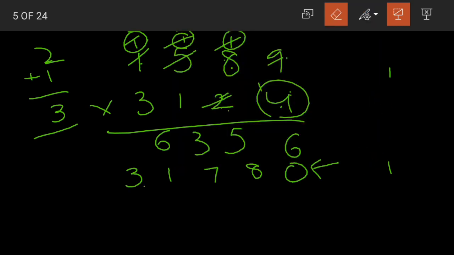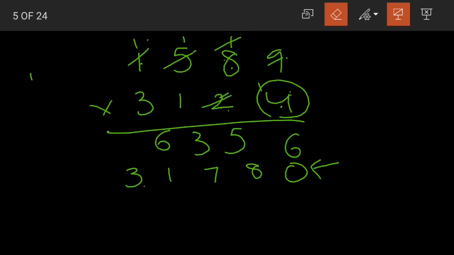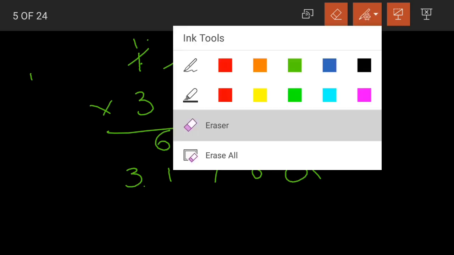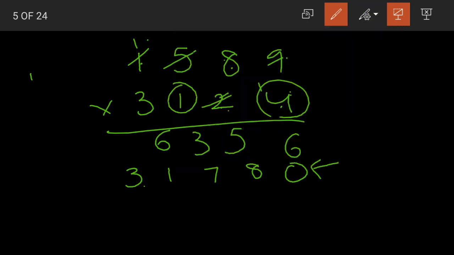3. Now what was this multiplying? 2 with 1,589. Now let us move to the third digit. What is the third digit? 1. Yes, now again a new digit. So we'll multiply in a new line. Now after 1 we are having 2 digits here. So we'll keep 2 zeros.